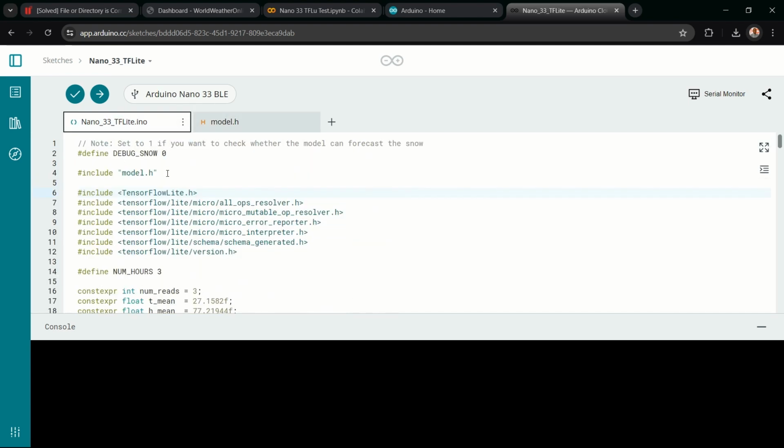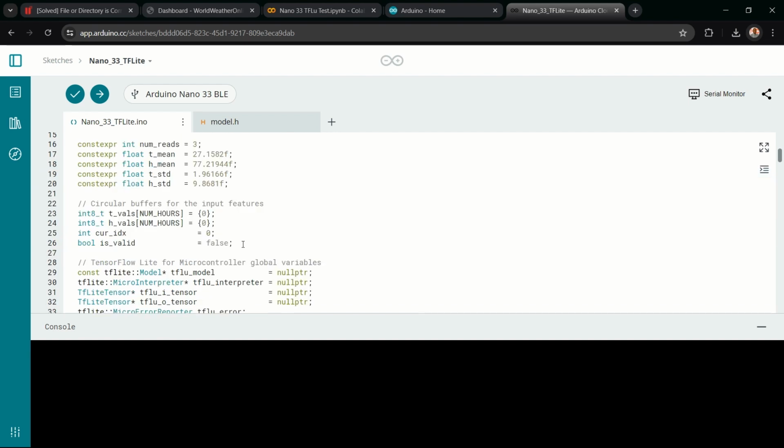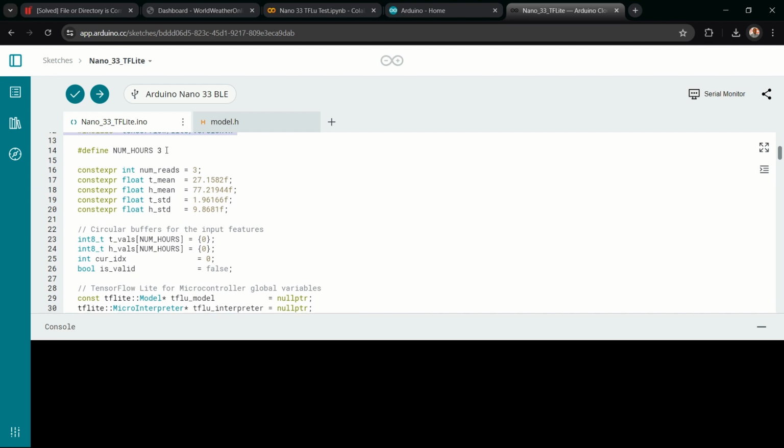The first thing that happens in the code is that model.h is being imported. If you don't have this imported into your Arduino IDE, this line is going to throw an error. And then we have TensorFlow Lite at work. We are including everything I want to include regarding TensorFlow Lite. We are also setting up the number of hours for it to take data before it makes the next